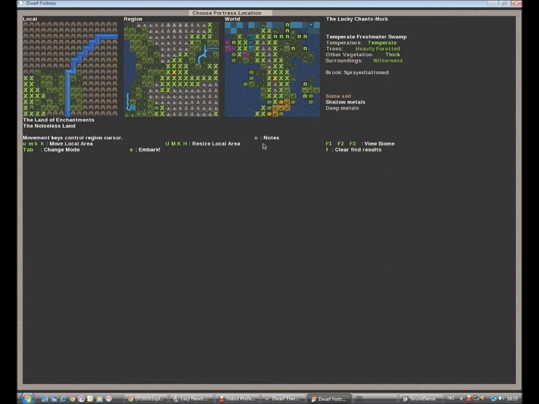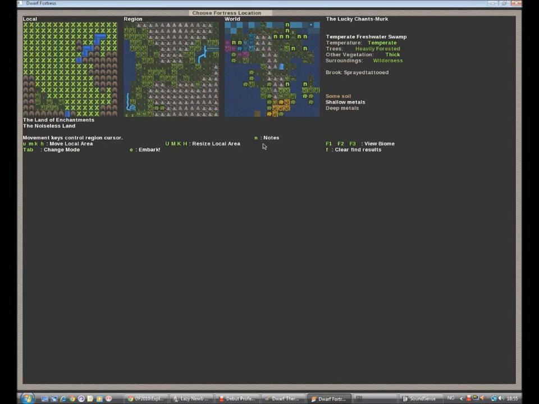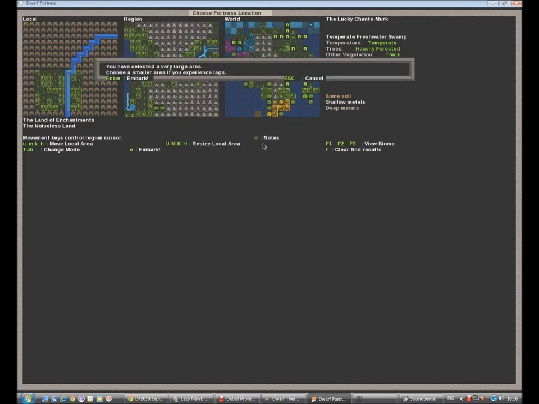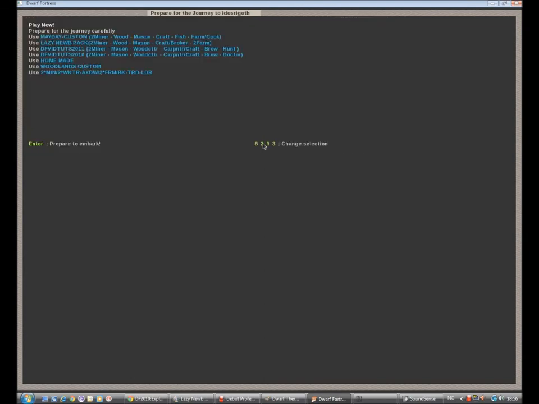Because looking at the biomes, I get some tiles with this stuff as well. The Lucky Chance Merc. Charming name. Very charming. And we are going to embark. I'm gonna hit E and it's gonna complain a bit, but it's fine. I don't run much in the background except debut for being able to